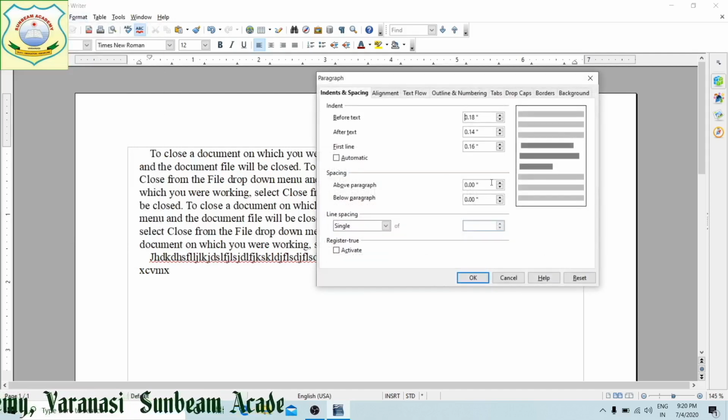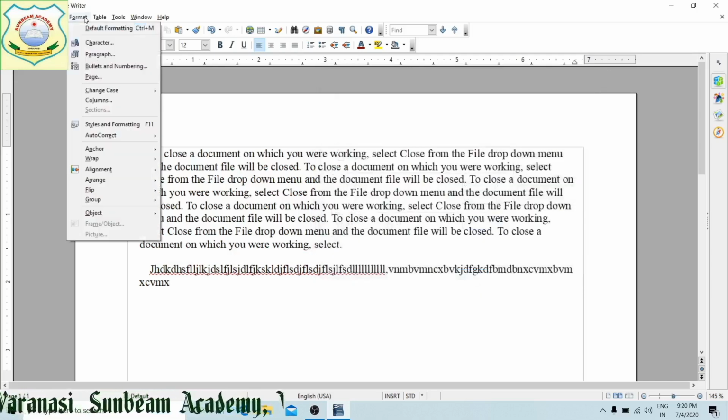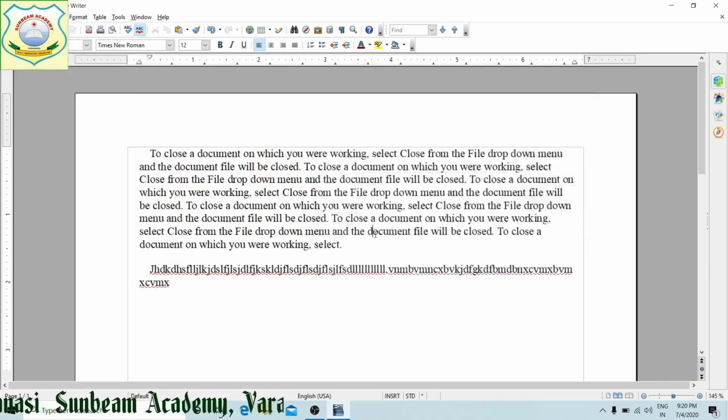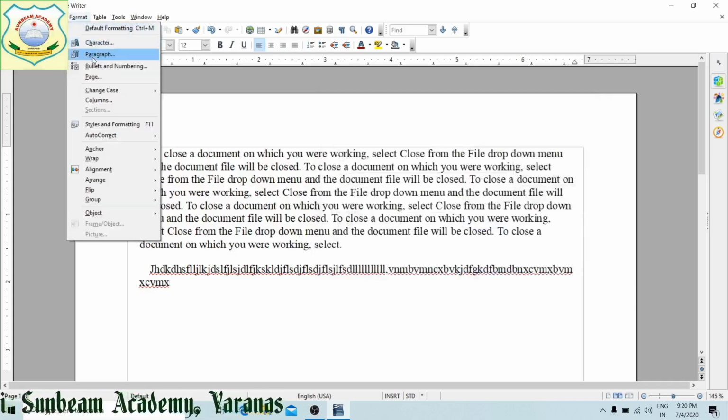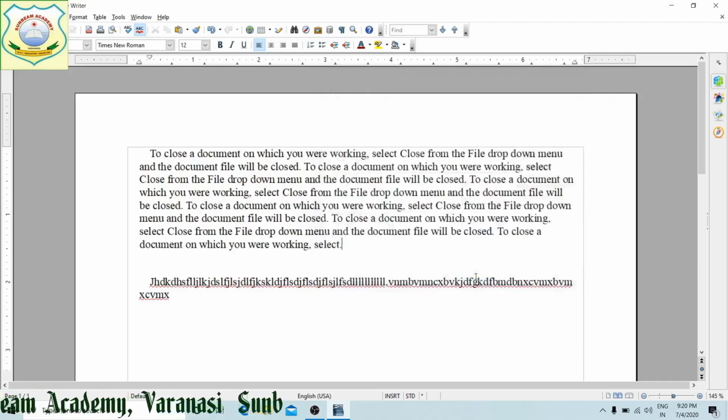This is above paragraph. How much space you need to start a new paragraph? You can see. Now after paragraph, suppose I put my cursor over here and in your paragraph, after paragraph, below, when I now see here, the distance becomes more.